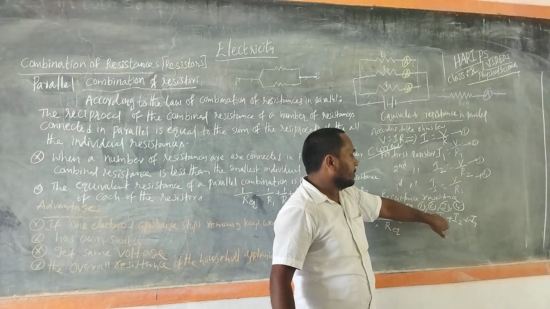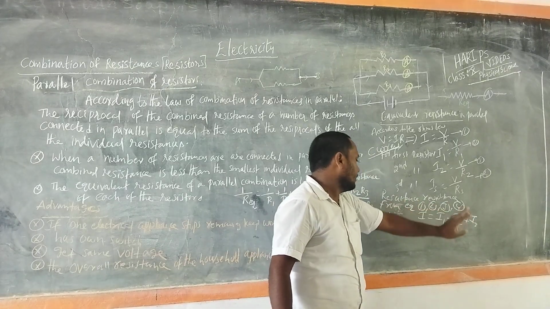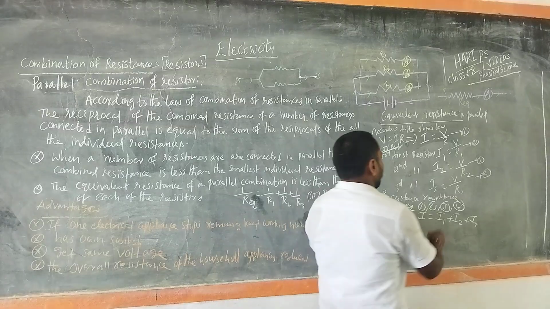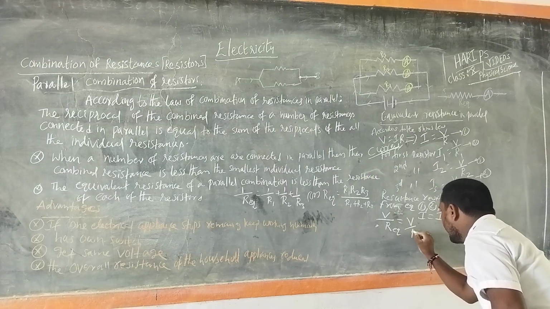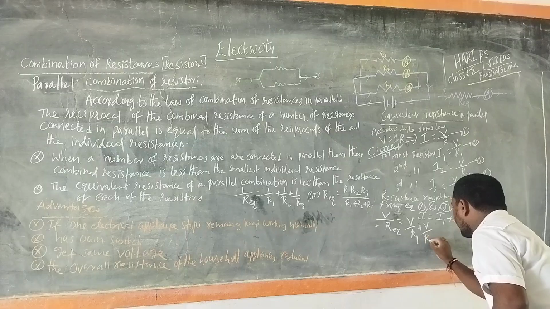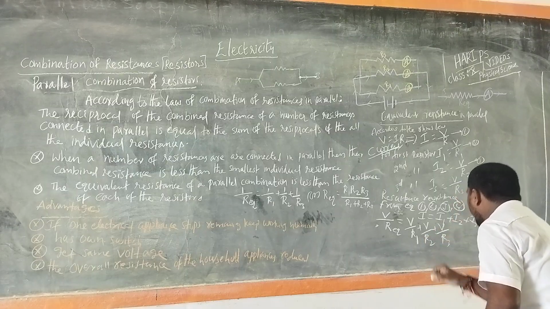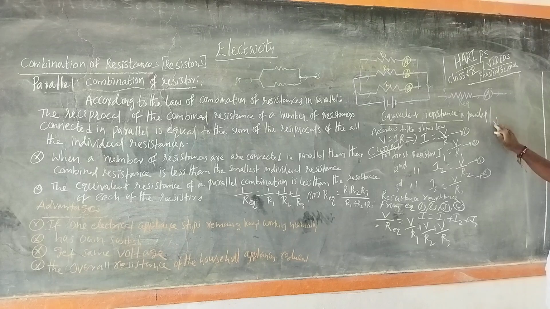So I is equal to I1 plus I2 plus I3. From the earlier equations, we can write I is equal to V by R. Then this is written as V by R1 plus V by R2 plus V by R3. So we can write again 1 by R equals V by R1, V by R2, V by R3. In all these cases V is common. So we can write R eq is equal to, taking V common, 1 by R1 plus